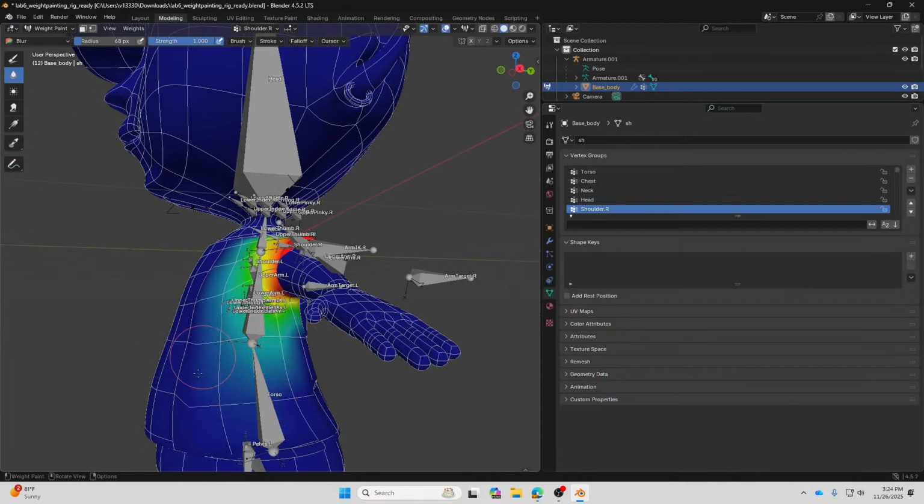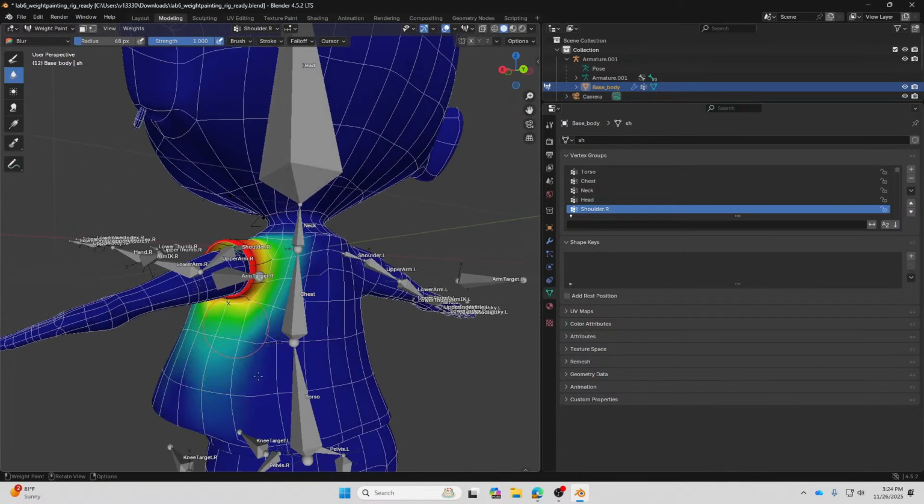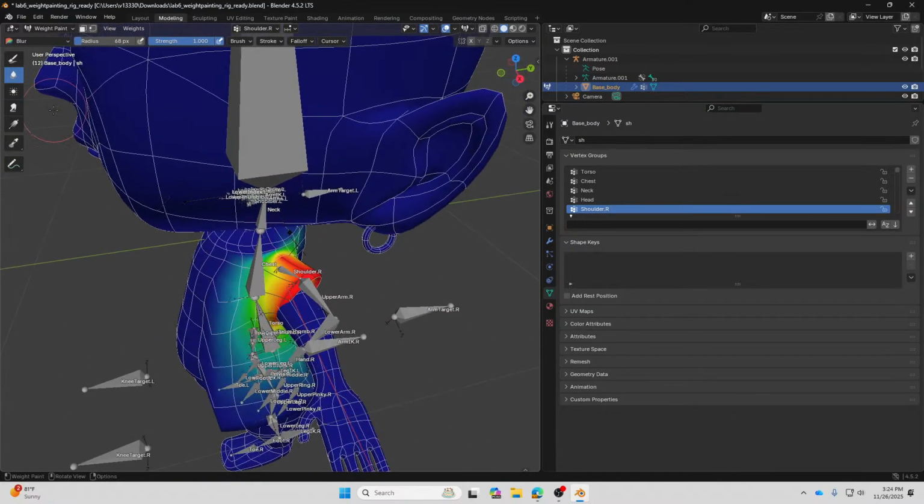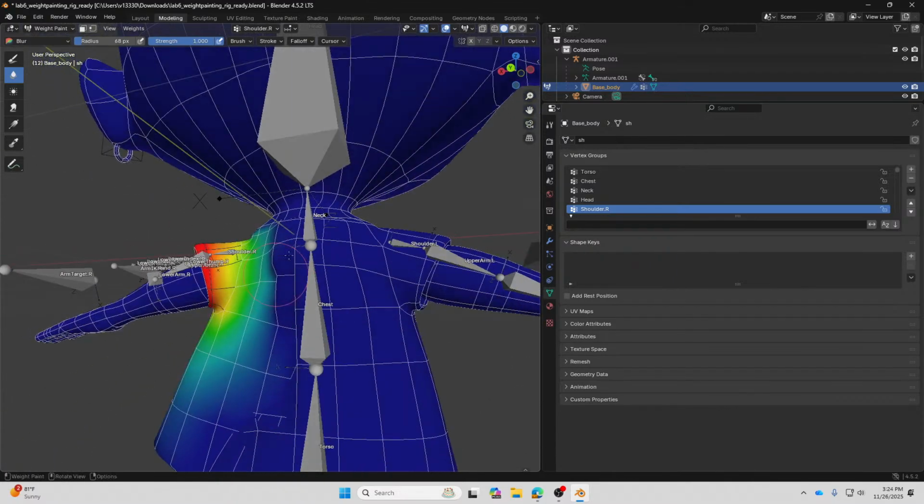Sometimes it can go as far as this. So this is just to show you the tools that you can use to smooth out the deformations, basically. All right.